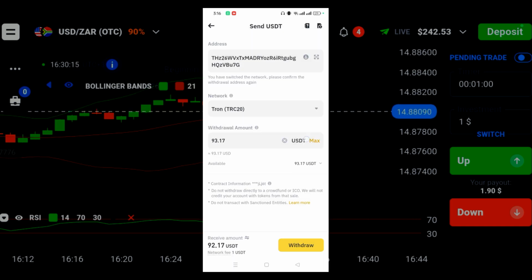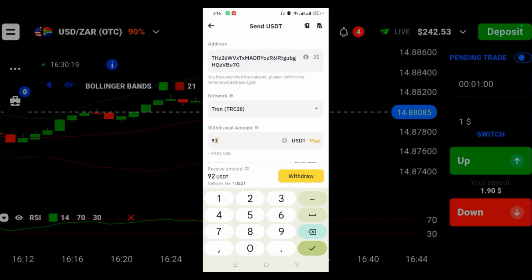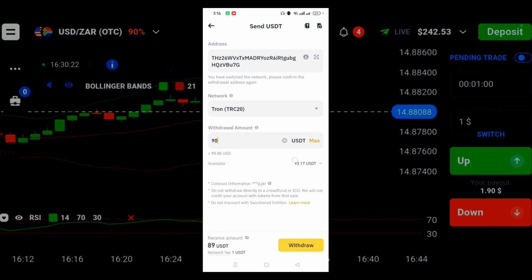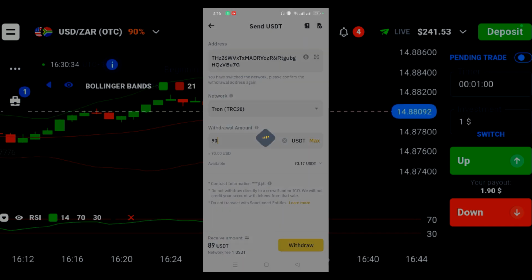Okay, we have $93, but we only want to deposit 90. Again, let's change that. So it means there is a $1 fee that is charged on that transaction. So we will receive $89 when we withdraw from Binance to Quotex. So click on the withdraw button when you're done